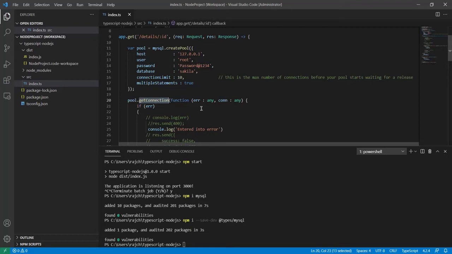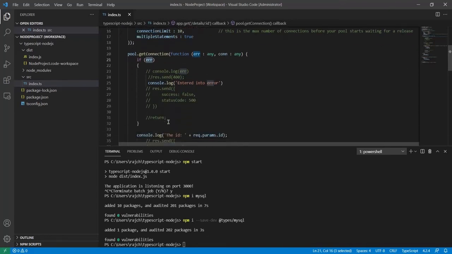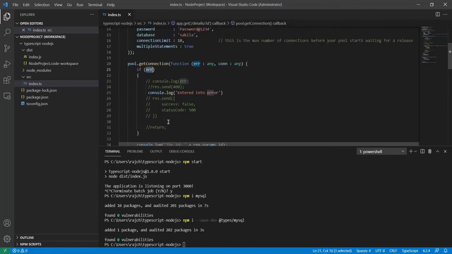In this property there can be some error. If there is some error, then that will be found in this error parameter, so that's why I have written it here. And if there is no error, then we can use this connection, or con, and using this we can get the data or post the data or whatever we can do, and everything will be done on the con parameter. Actually this is the function. Any error that we get will be in this error section, so that's why I have written it here.